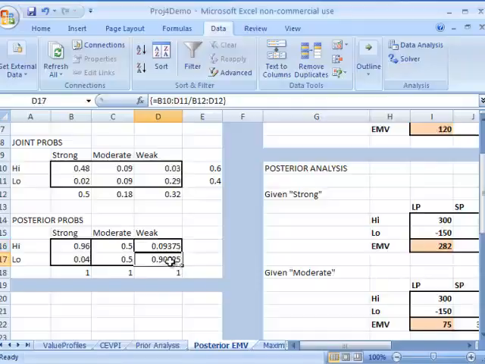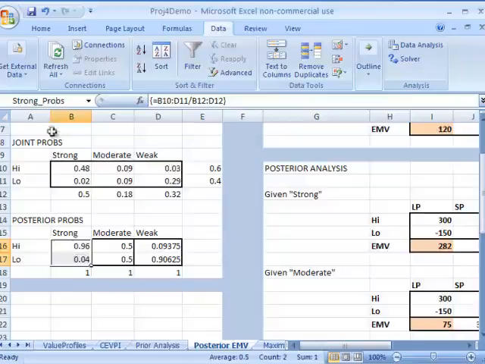Somewhat more difficult numbers here, but the point is they add up to 1, and they are the posterior probability distribution for high and low given a weak test market result. Now, I don't know if you noticed when I was selecting these, but these posterior probability distributions have been given